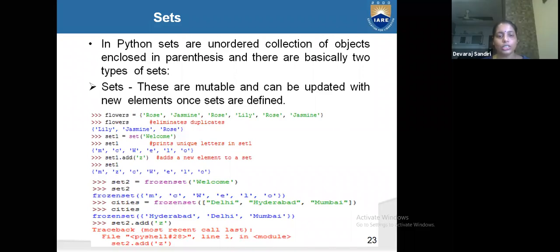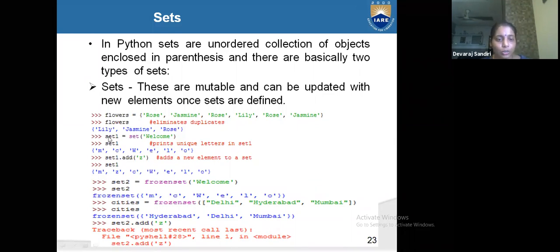So here sets are mutable, and a set means if you want to write only strings, all strings will be there. A set means one type of collection will be there.